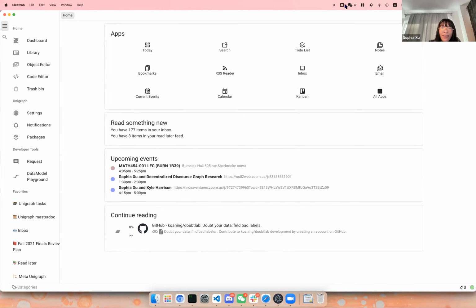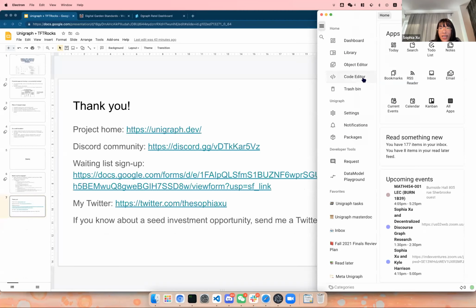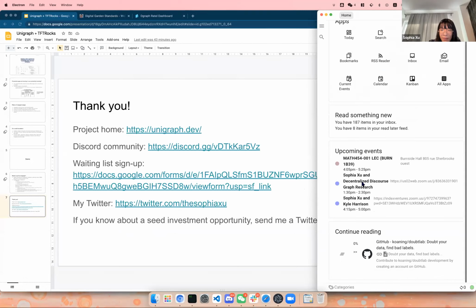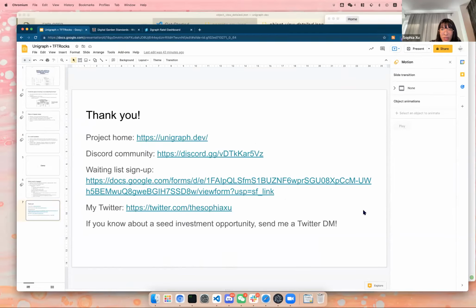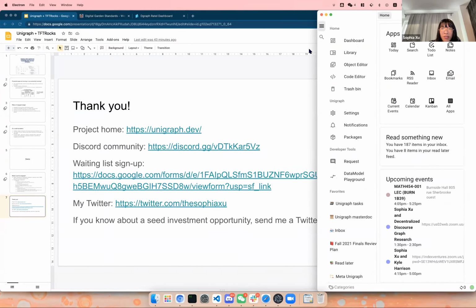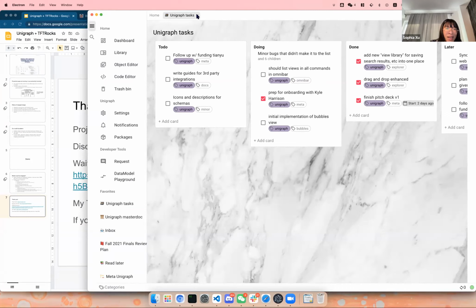Mostly, because I currently have a 16-inch MacBook Pro, my workflow is basically pre-registered as Unigraph. Here, it basically gives me an overview of what I have on my plate available to do, upcoming events, what's happening right now, and also to-do lists. If I really want, I can go back to the normal view and go to the Kanban to see what I have right now. The database is really slow because that's a bug I have not fixed yet.